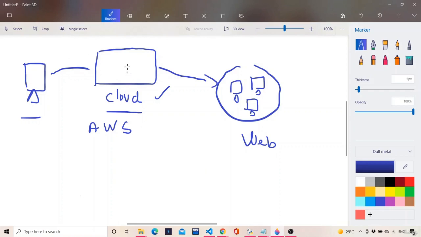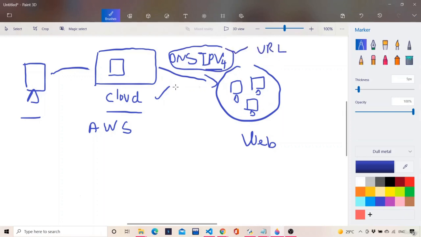Okay, so now how can the local system interact with the cloud? What will this cloud after all give me? A cloud will give me a DNS, an IPv4 DNS or an IPv6 DNS. This IPv4 is a public IP address. That means the code which I wrote on my local system, I pushed onto the cloud, and the machine in the cloud is running my code. The server in the cloud is running, and it is providing an address, which is nothing but the DNS IPv4. So this is the URL which I mean.